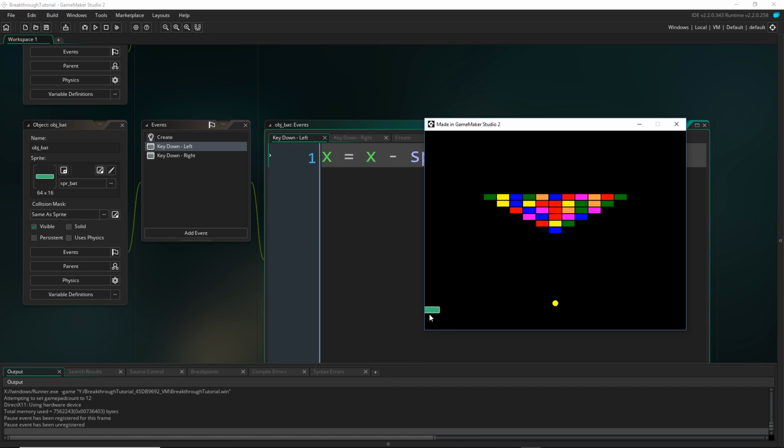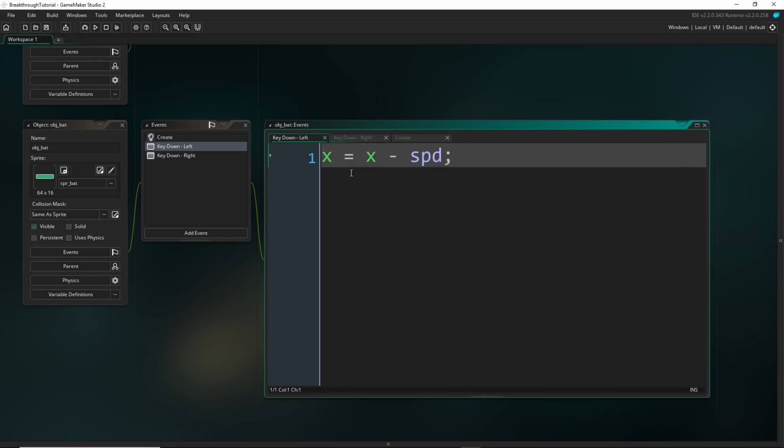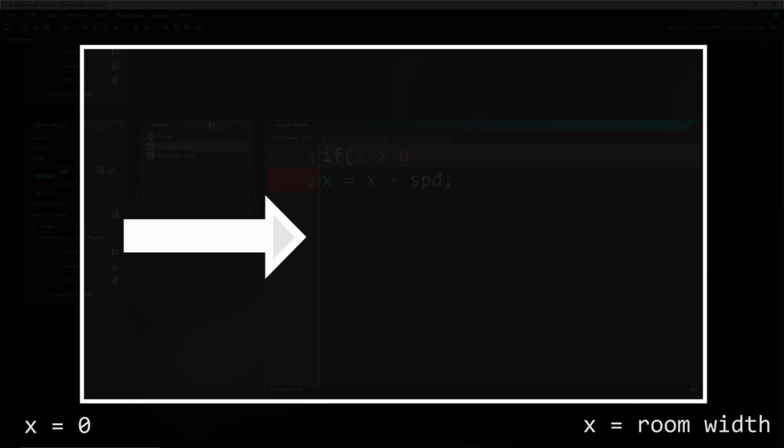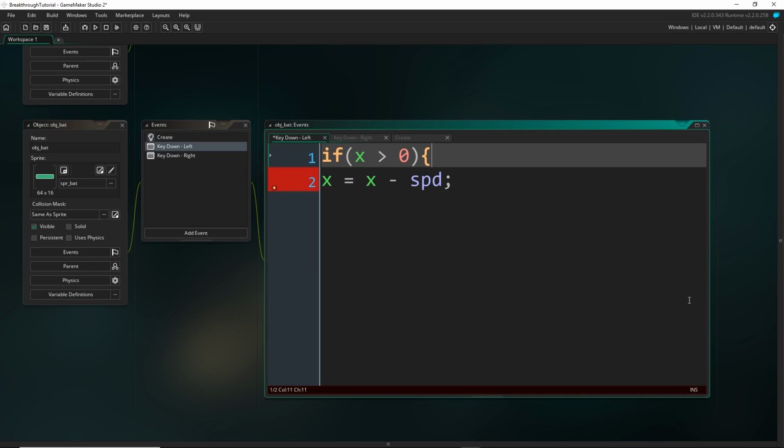And instead, make sure that the bat is actually level with the room. So we're going to do a check here, right? We're going to check a condition, kind of like our own little event inside here. So we want to check if X is greater than 0, right? So if it's on that side of the room, if it's not at the edge, then we will let it